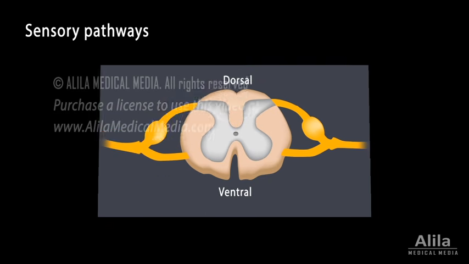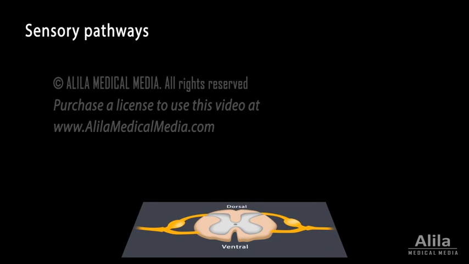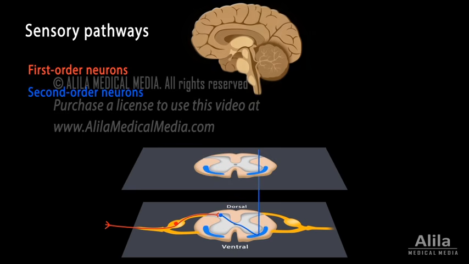A sensory pathway typically involves 3 neurons. First-order neurons detect stimuli and transmit signals to the spinal cord. The axons of these neurons form sensory fibers that enter the cord via the dorsal root of spinal nerve. Inside the cord, first-order neurons synapse with second-order neurons, which ascend a specific tract to the brainstem, or further up